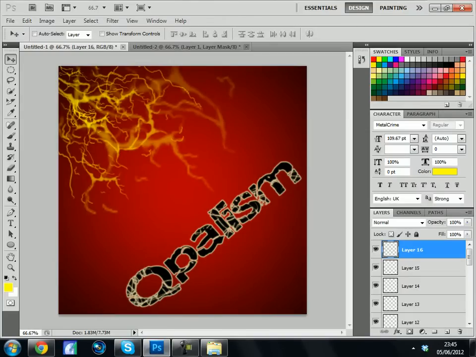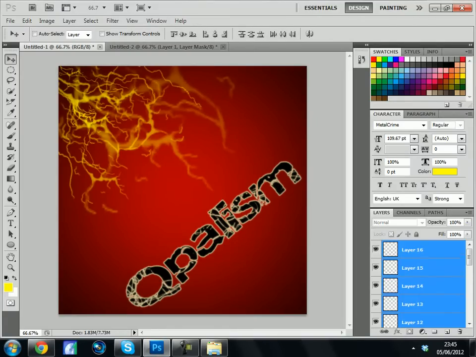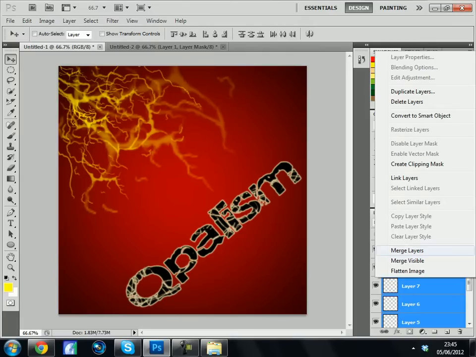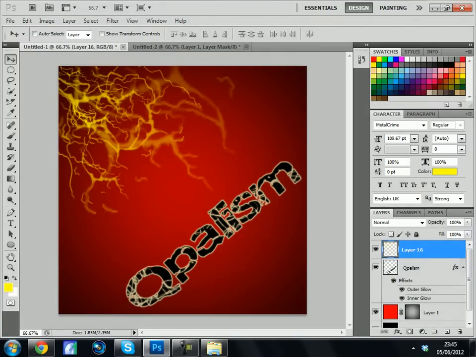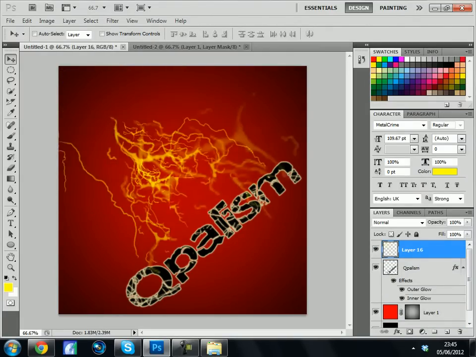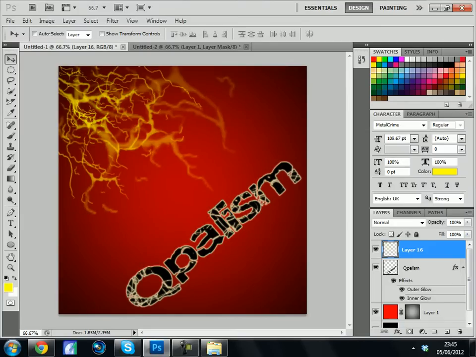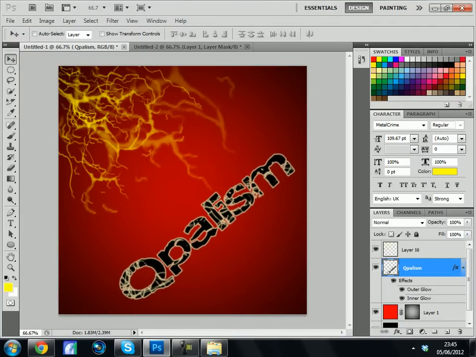Anyway, by now you can see I've got 15 layers of just pure lightning bolts and stuff. So what you want to do is go ahead and get the top one selected. Hold Shift and press layer 2, and see it's selected all of them. Right click, merge layers. There you go, and they're all together now. Once again, I didn't really put that much time and effort into it, but I'm going to go ahead and